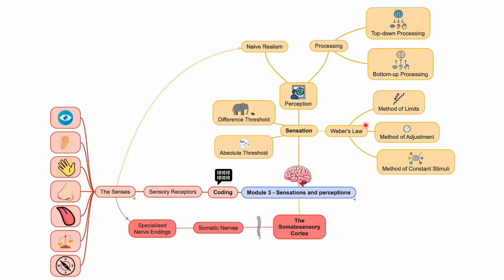The method of limits method of analysis involves incrementing or decrementing the intensity of a stimulus in discrete steps until the participant can respectively no longer detect or initially detect it. The method of adjustment allows the participant to control the level of applied stimulus, and the method of constant stimuli involves multiple stimuli being presented to the participant in random order, with the threshold being determined by the level of stimulus detected at least 50% of the time.